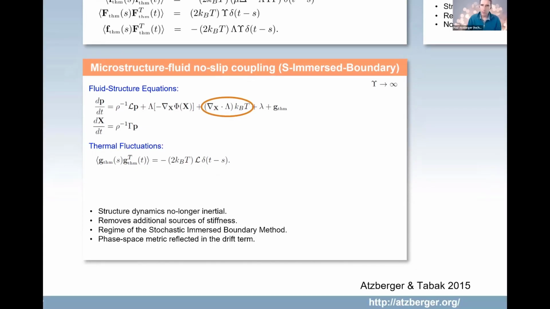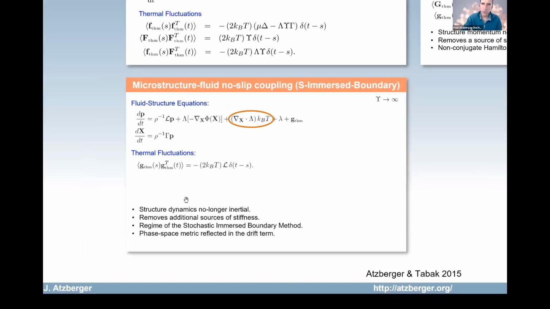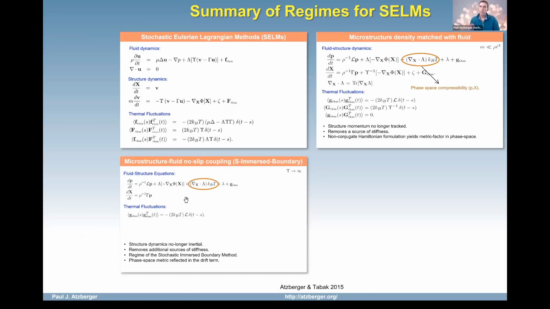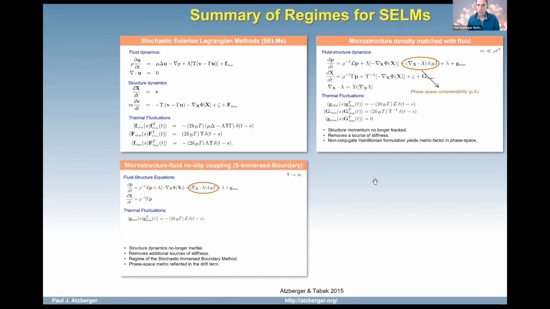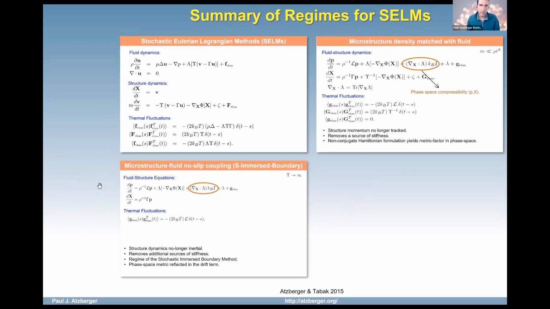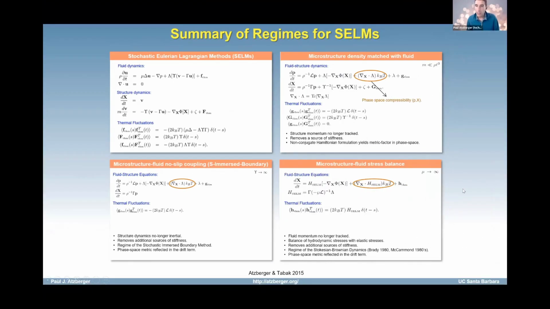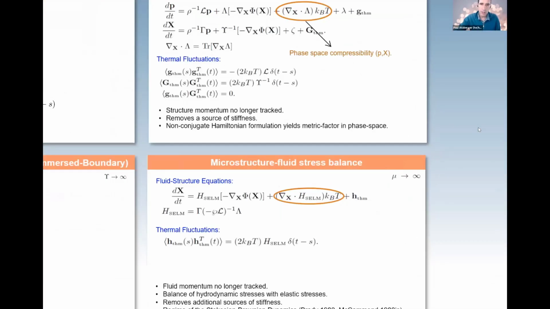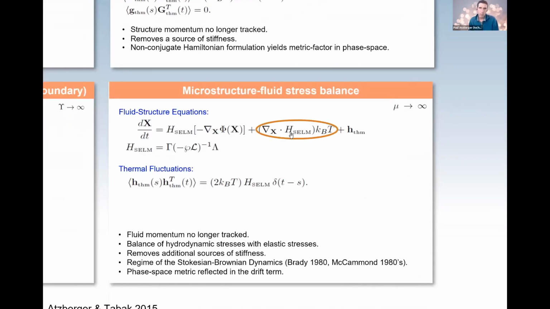And then, we can go one step further, which is to also take now essentially the viscosity of the fluid to be large. And we can now derive a sort of overdamped version of the immersed boundary method. And this is closely related to the method of Stokesian and Brownian dynamics. And if you do that, this is what you end up with, where now this H, which I'm calling H SELM, just for the Eulerian-Lagrangian nature, but you can think about this as just being an immersed boundary mobility tensor, where you spread your force from wherever your particles are, compute the steady state Stokes flow, do your velocity averaging. This is my shorthand for that, for spreading, Stokes solver, velocity averaging.